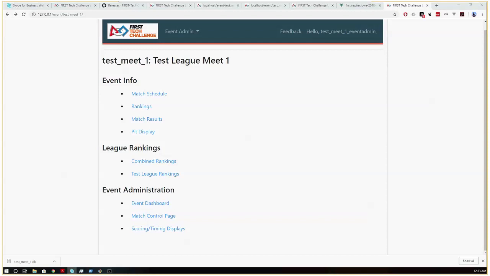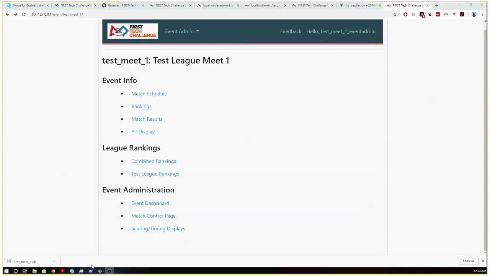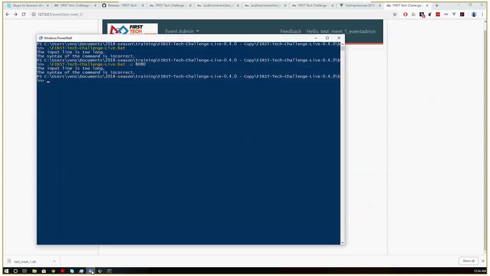Are there any other questions? Yes. Could you show how to do that PowerShell port thing again real quick? You went real quick on that. I didn't get it written down. Oh, to open at a different port? Yeah, so what you'll do is